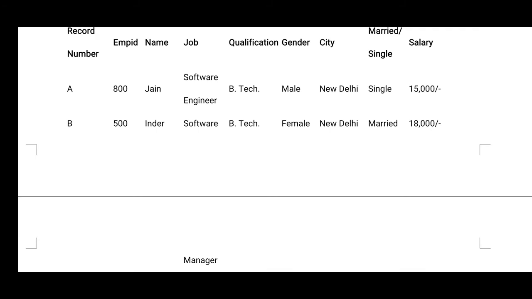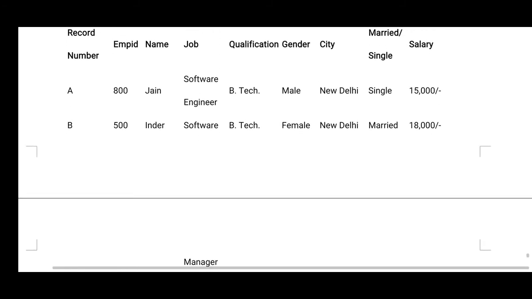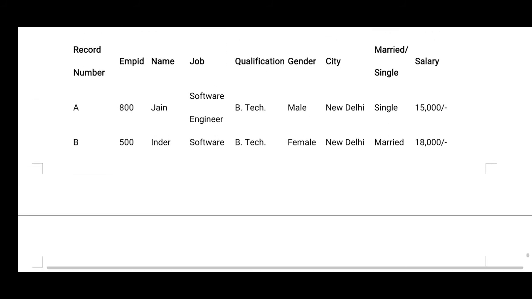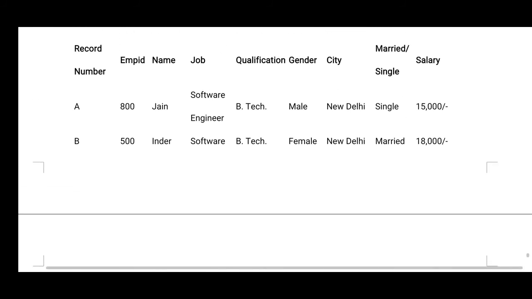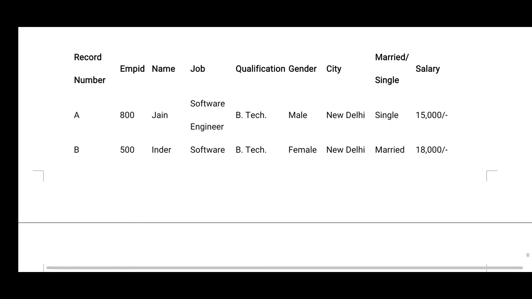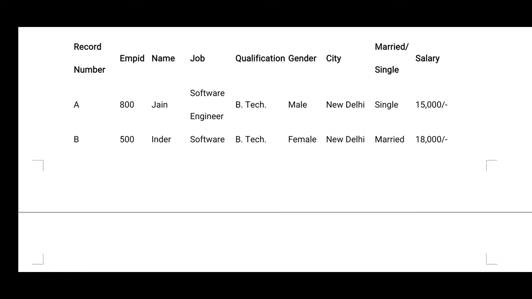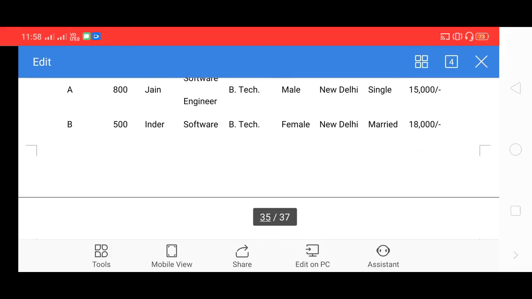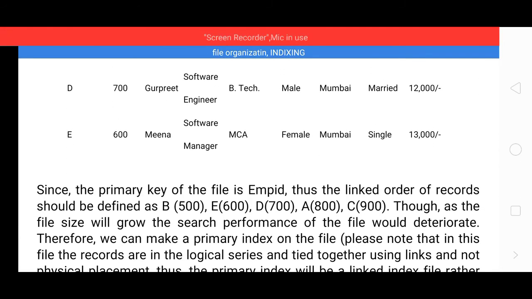Your records are A, B, C, D, with employee IDs 800, 500, 900 and so on; name; job, software engineer, manager and so on; qualification, BTech, MCA and so on; gender, male or female; city, such as New Delhi; married or single; salary 15,000-18,000 and so on. Here we entered 5 records.